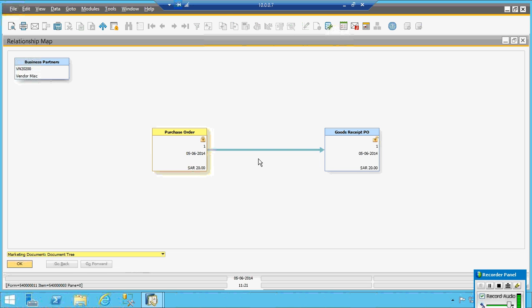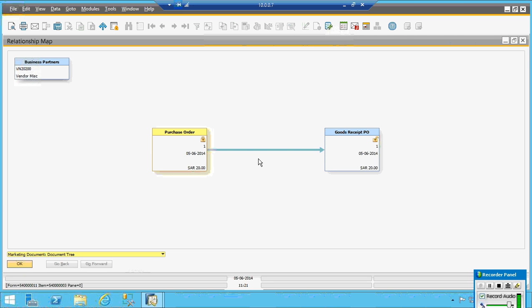And I created the bill. This will be locked, that will be open. Once payment is made, the bill will be closed, that will also be closed. Because the entire transaction is complete. So at any point, you open the payment window and say right click and relation map, it will show from where it has taken. If I take the purchase order and say relation map, it will show me from PO to where it is moving. So at any point you can just open and see the total status.